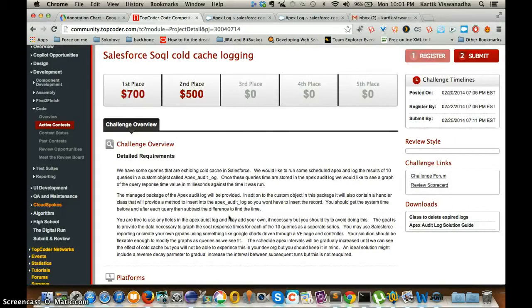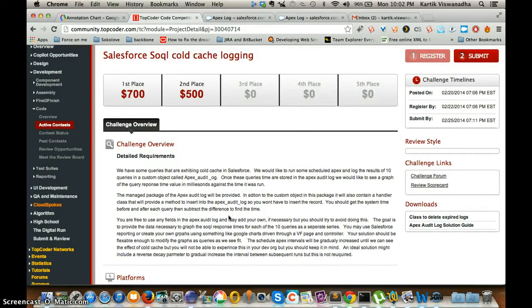What happens behind the scenes in the database is that when the query runs once, it gets cached, and so the next time you run the same query it will take comparatively less time than the first time. That's because the query is already cached behind the scenes. That's what cold caching is, and as per the challenge, we wanted to see how long the caching will be present and when the cache will be cleared out. That's basically the determination that needs to be done.